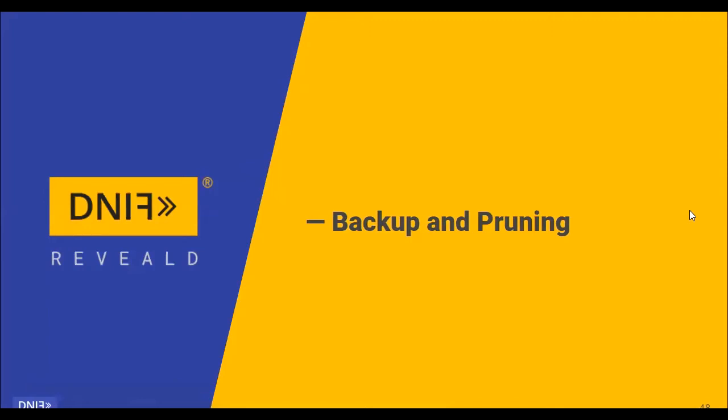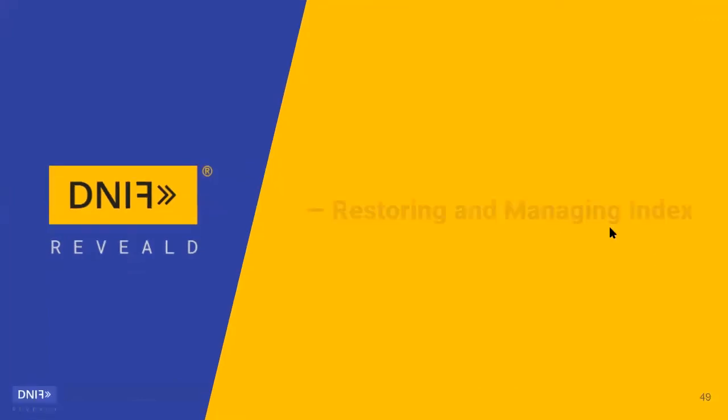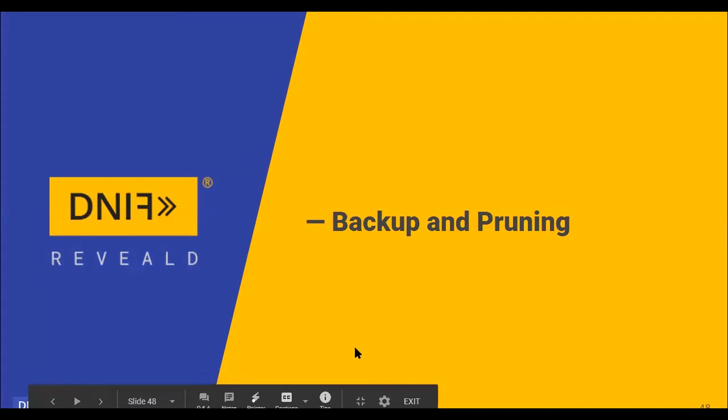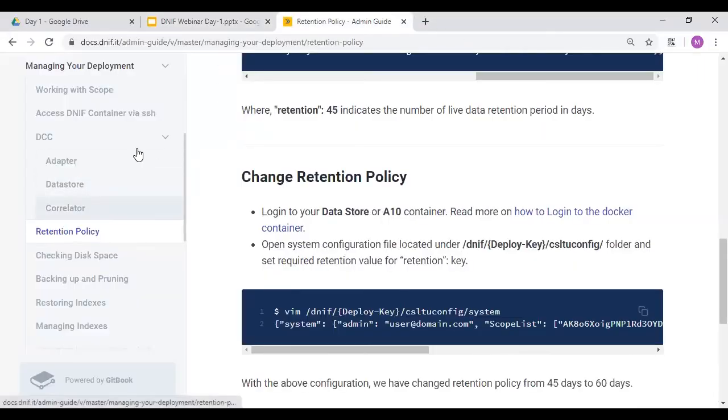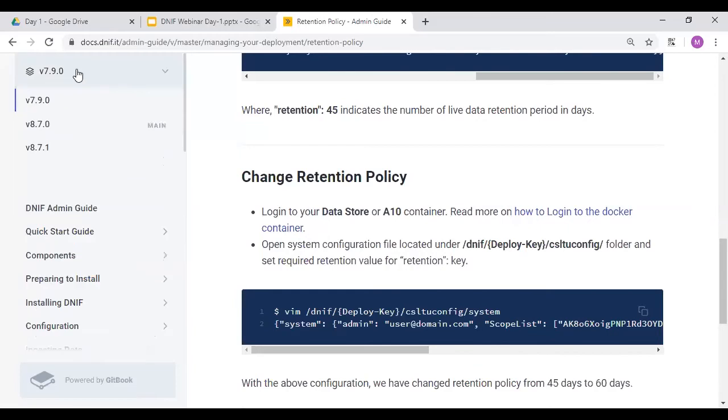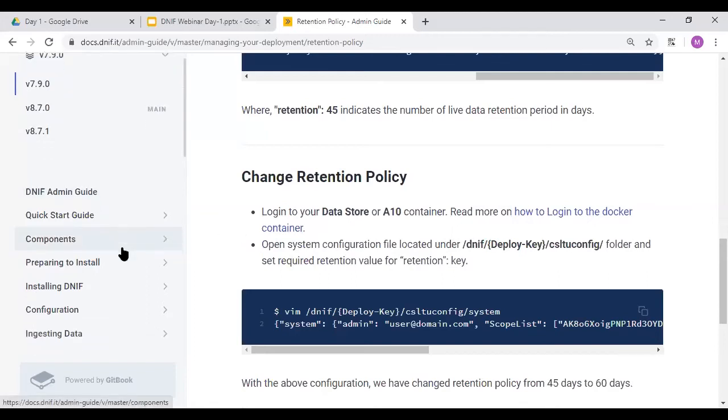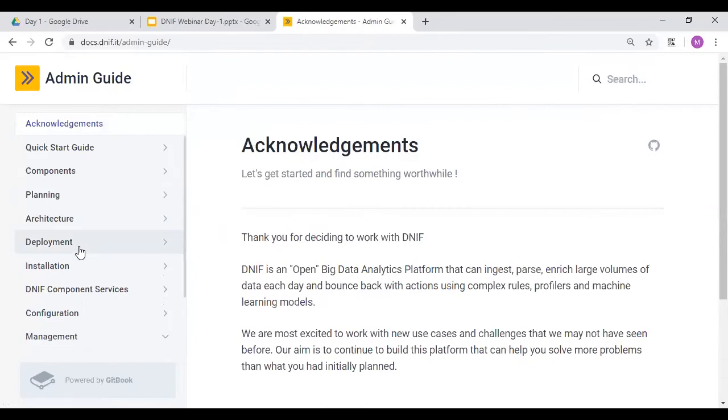The backup and pruning is specifically where you say that you want to do a backup and pruning. So let me just share my slide. The first thing that comes to your mind is, I have limited storage. Suppose I have given 60 GB or 60 TB of storage, but I want to integrate more information as well. At that time you can either start taking a backup, or if you have the budget, you can increase the storage.